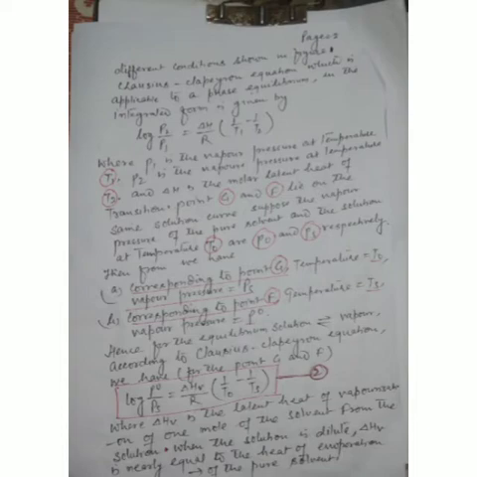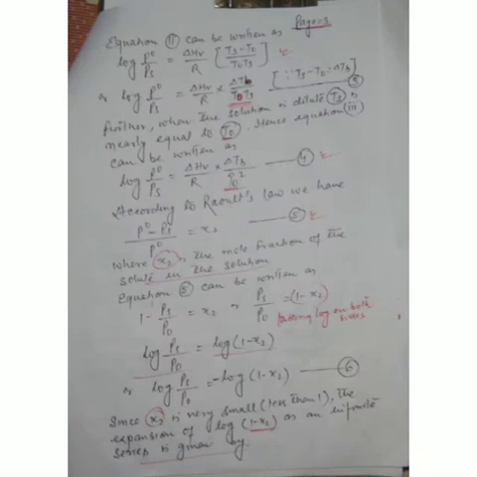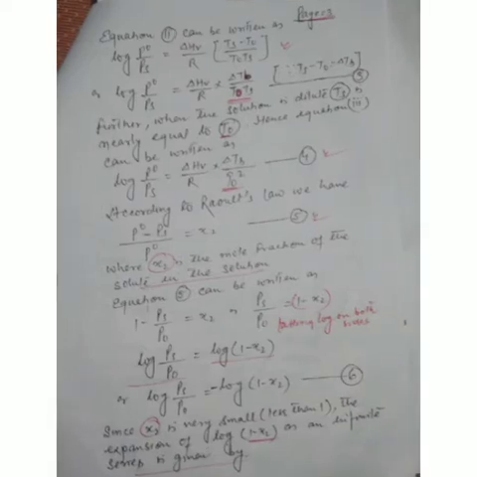When the solution is dilute, delta HV is nearly equal to the latent heat of evaporation of the pure solvent. On page number 3, equation 2 can be written as log P0 divided by Ps is equal to delta HV upon R, bracket Ts minus T0 divided by T0 Ts, bracket close, or log P0 upon Ps is equal to delta HV upon R into delta Tb upon T0 Ts, where Ts minus T0 is equal to delta